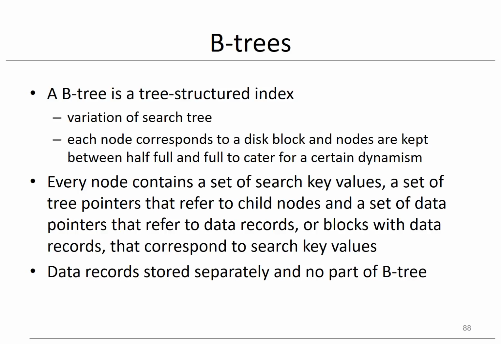A B-tree is a tree-structured index. B-trees can be considered as variations of search trees that are explicitly designed for hard disk storage. In particular, each node corresponds to a disk block, and nodes are kept between half full and full to cater for a certain dynamism of the index, hereby accommodating changes in a data file without the need for too extensive rearrangements of the